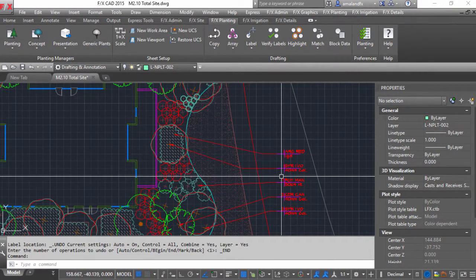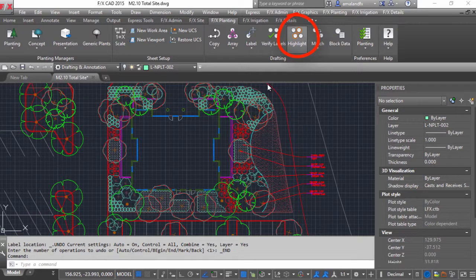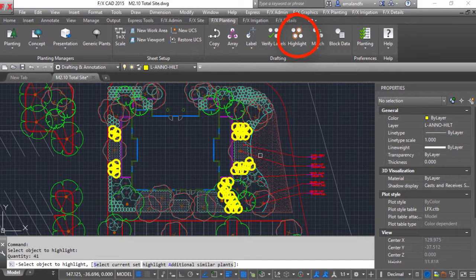So that saves some time, but I still have a lot of labeling to go. Obviously, I'll want to use group labels, but a plan would help this go smoother. I'll use the highlight tool from the FX planting ribbon. This will highlight my groups of plants to make it easier to plan out my label types, either group, single,